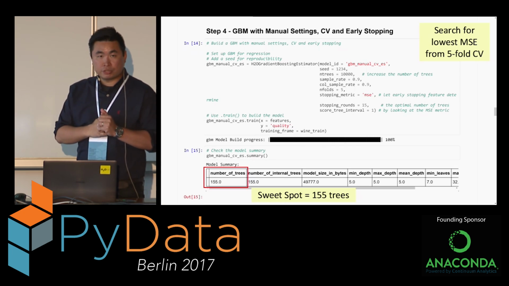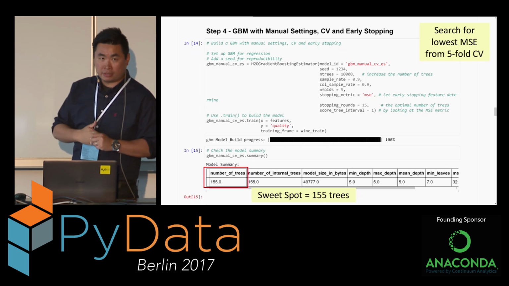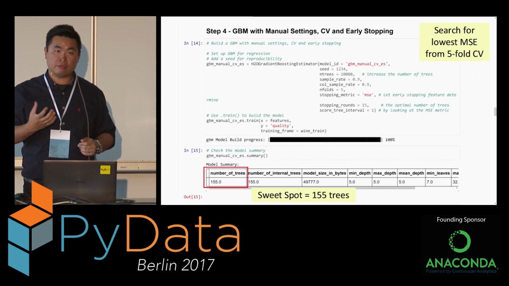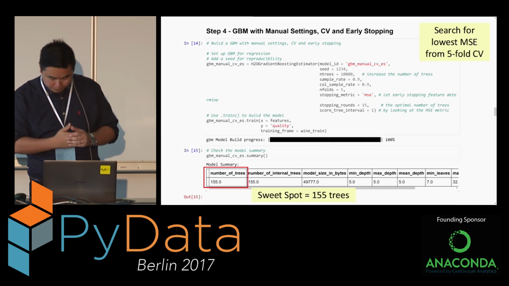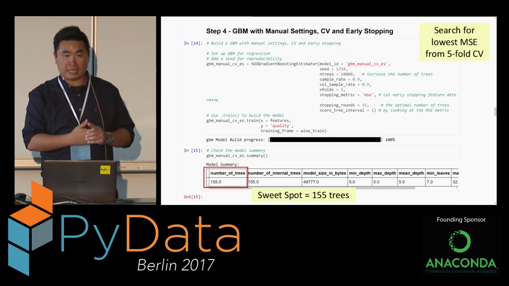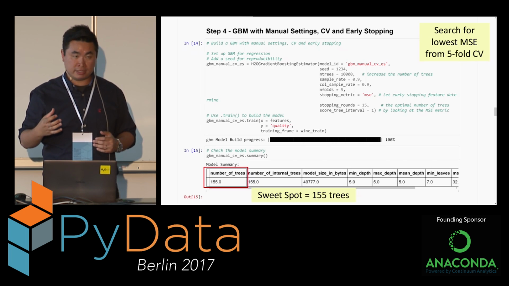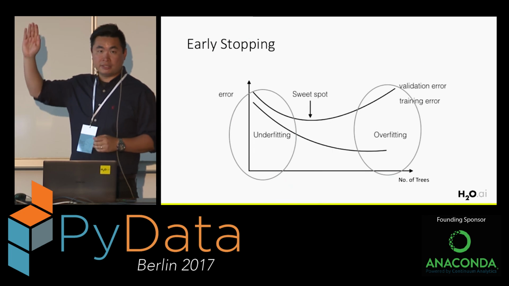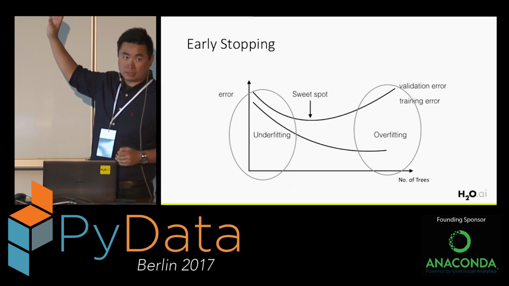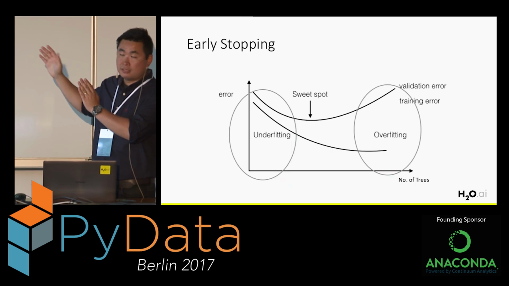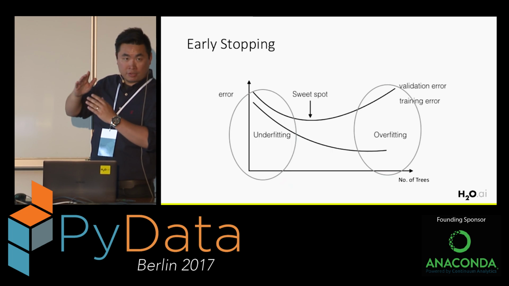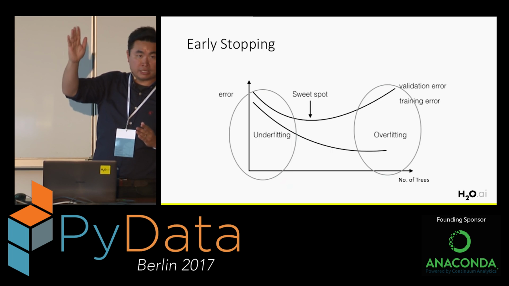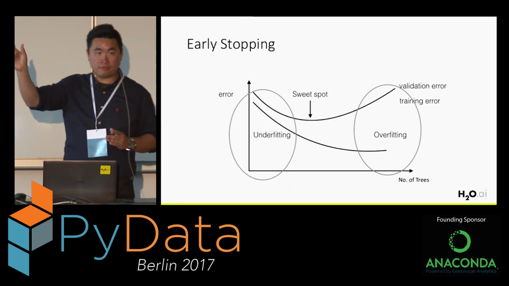So what you need to do in H2O, if you look at the screen, is to include some extra arguments to tell H2O that we want to do early stopping. So we want to tell H2O I want to look at the metric MSE, which is mean square error in this case. We look at 15 rounds, meaning that every time we find a new best performance on a test set, we'll go for another 15 rounds, 15 trees in this case, and see if it still goes up. After 15 trees, it will just go back to the sweet spot and stop there and use that as the best model for that case.